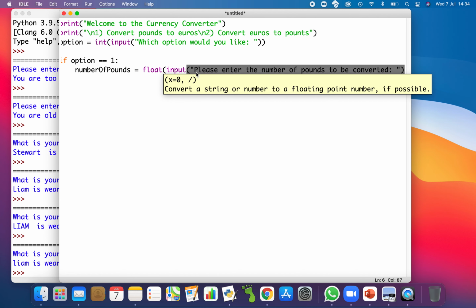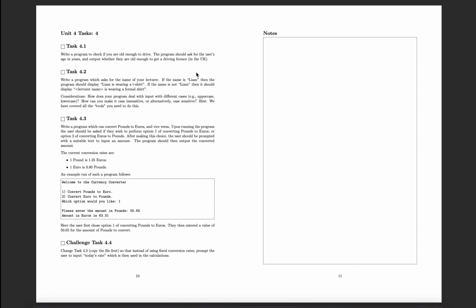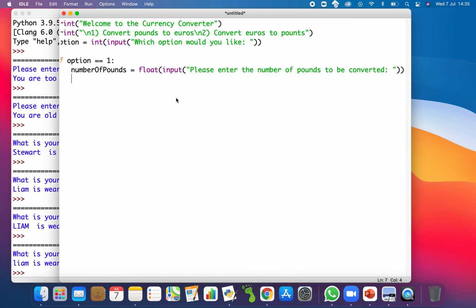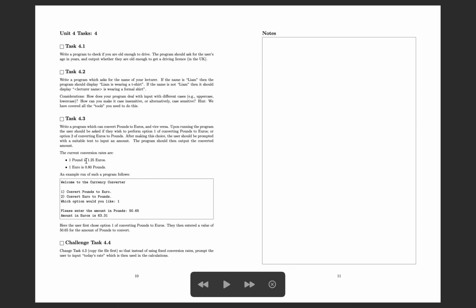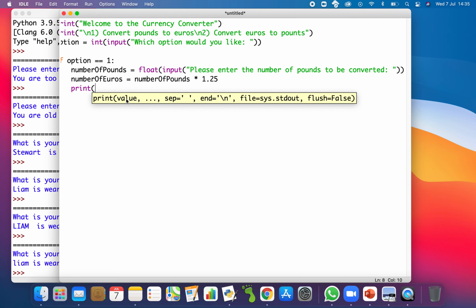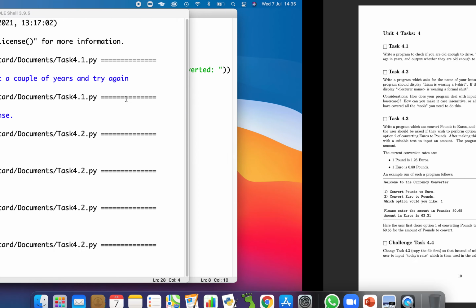Okay, and once we've got that, we need to print out "amount in euros is" and so on. So we need to do some maths, and the maths that we have here is £1 is 1.25 euros. So number of euros is number of pounds times 1.25, and then we're going to print out in nice formatting